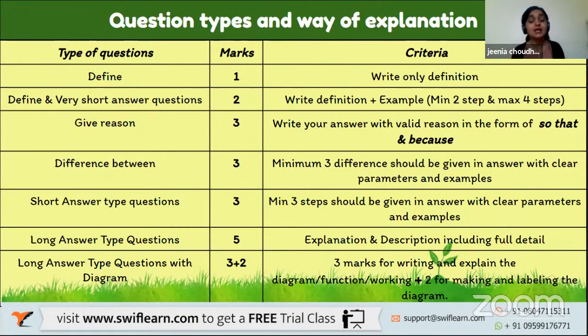Okay, a minimum of 3 steps should be given in the answer with clear parameters and examples. Examples are very necessary in subjects like biology, because here we are reading about a particular organism or a plant or something that is happening somewhere inside a human body or a plant body, anywhere. So you can easily provide a lot of examples with every answer, right? Comes to long answer type questions. So there can be 2 or 5 marks questions, where there can be long answers,